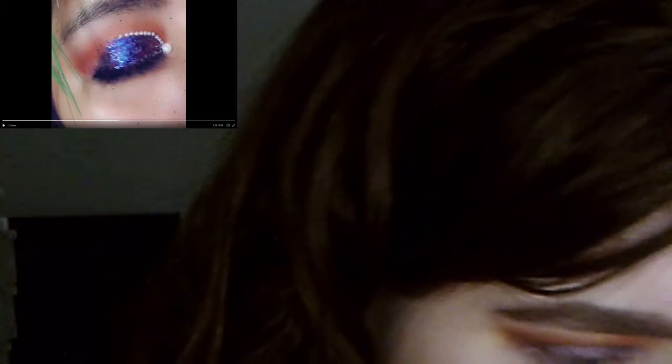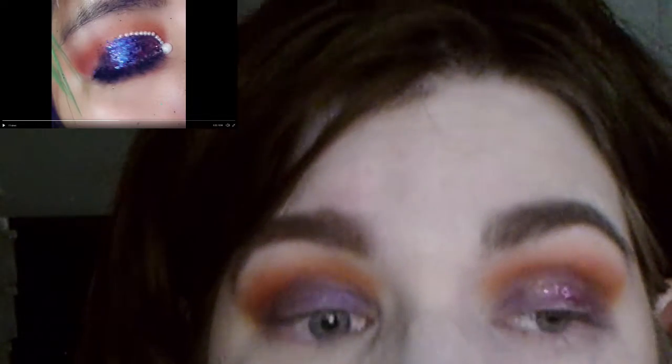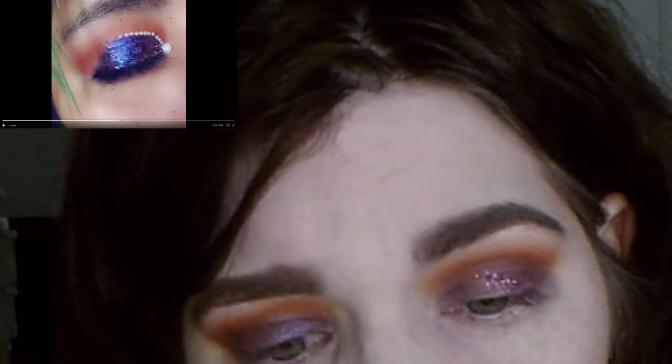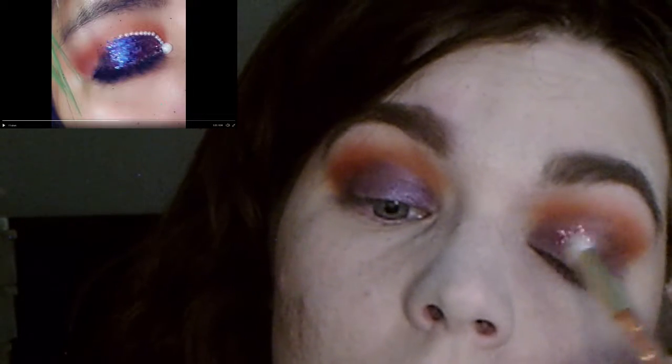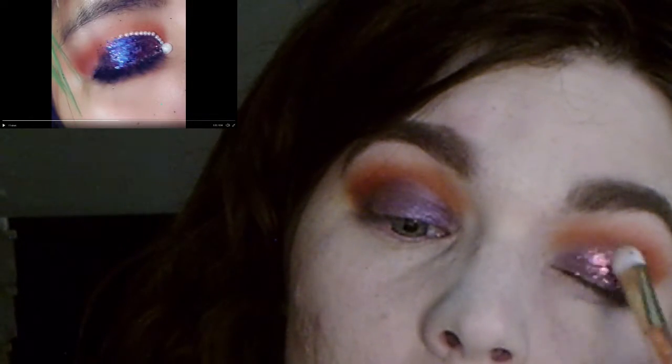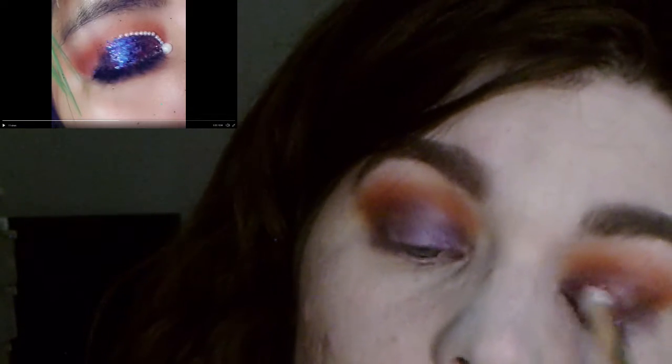Looks so purple. But it's not, like, it definitely has purple flecks, but I don't. Now I know I need to buy some glitter. Like on camera, it looks good, but